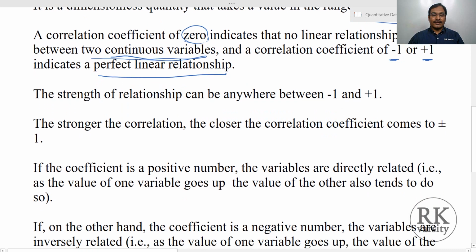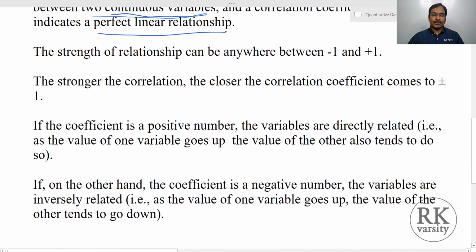Now the strength of a relationship can be anywhere between -1 and +1. The stronger the correlation, the closer the correlation coefficient comes to 1. In the sense, if your correlation value ranges between plus or minus 0.8 to plus or minus 1, then we can say this is a strong correlation.